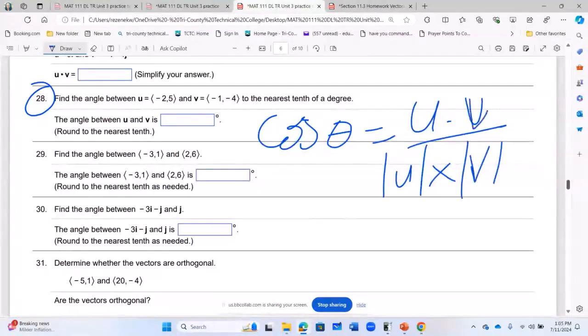Dot product of the two vectors multiplied by magnitude of the first one times the magnitude of second one. So let's find the dot product first. So I'm going to multiply them immediately on the numerator. So I have -2 multiplied -1 is +2, okay, plus 5 multiplied -4 is -20. So I already know that